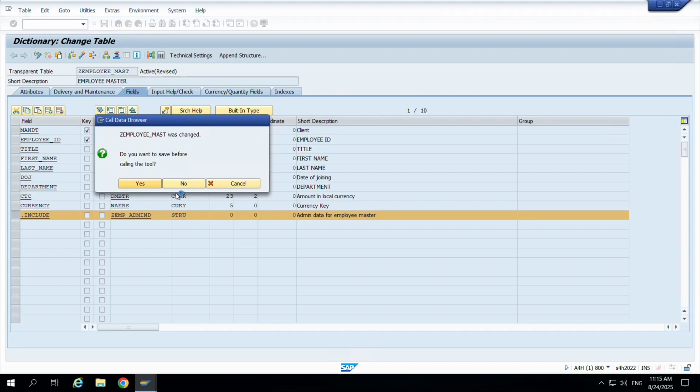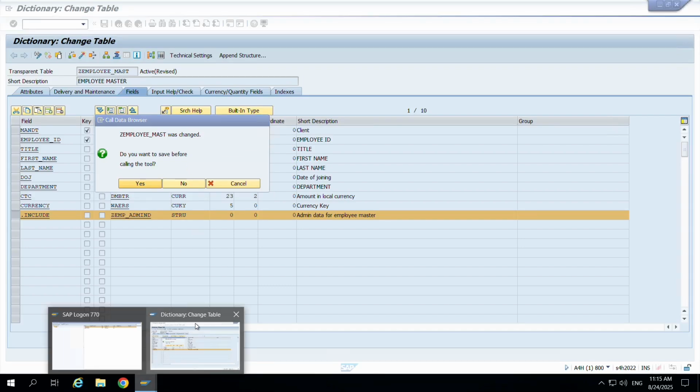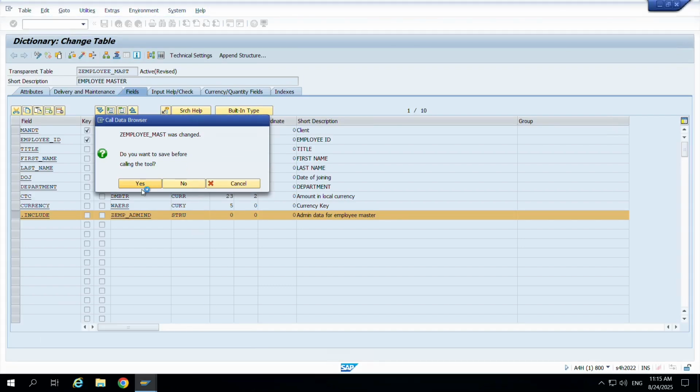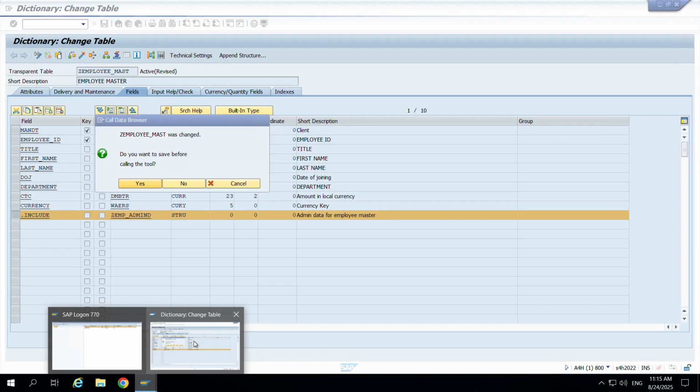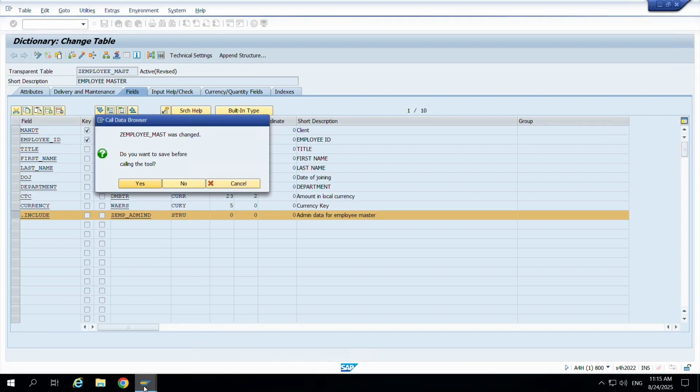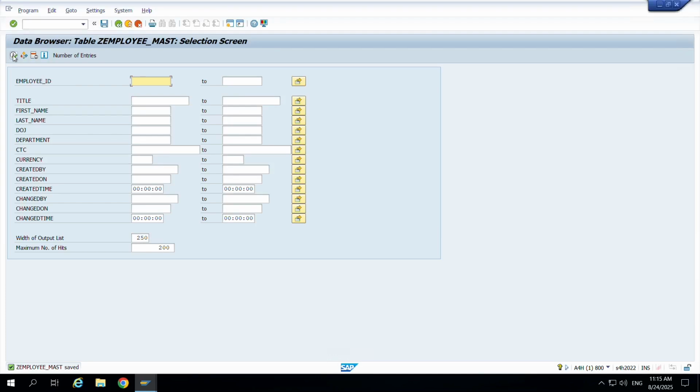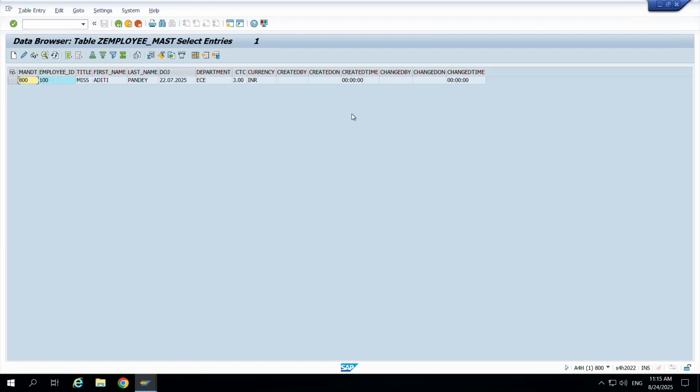Actually it is a little bit slow server, that's why. Then do the effect and see, whatever fields we added in the structure have come: created by, created on, created time, changed by, changed on, change time.